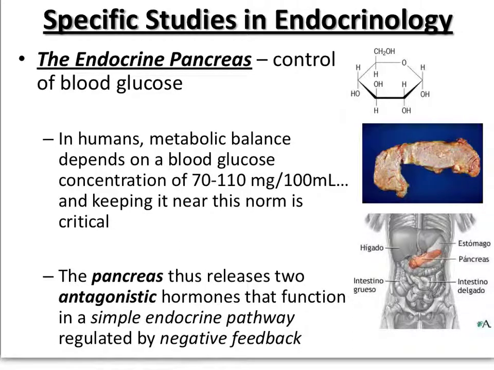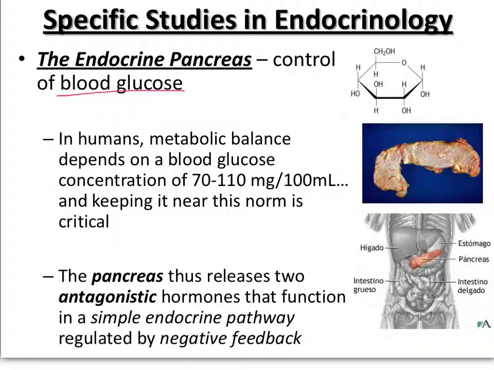Okay, so this is the conclusion of the endocrine system notes that we didn't quite get to in class, and this is really just going to look at a couple of specific examples that we see in the human body. The first example is the endocrine pancreas, which is completely functional to help control the level of glucose in your